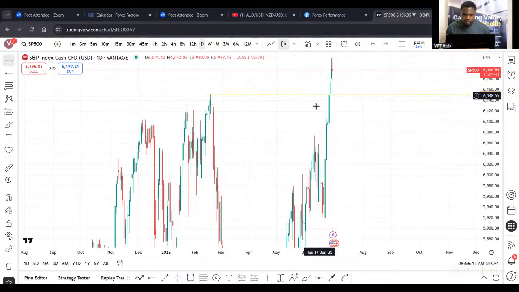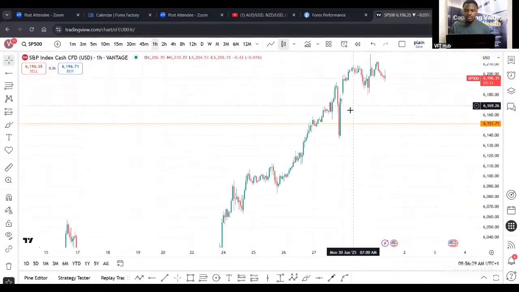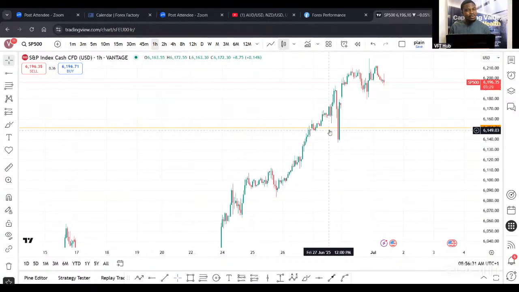So the first one we have here is that price on Thursday eventually broke the high. On Friday, we saw that continuation to the upside, right? By the time we come to the 1 hour time frame, after breaking the high to the upside, we had that retest. Quite painful that price didn't stop retesting here. So if